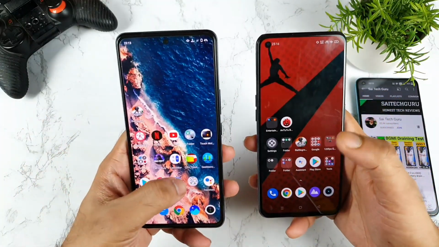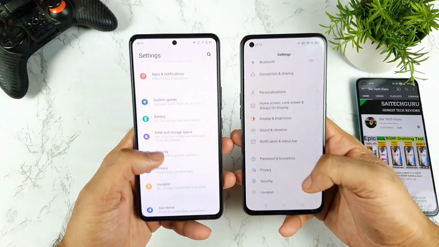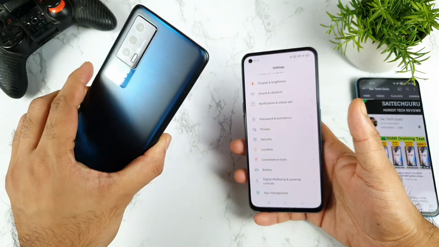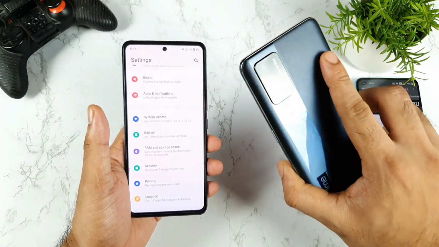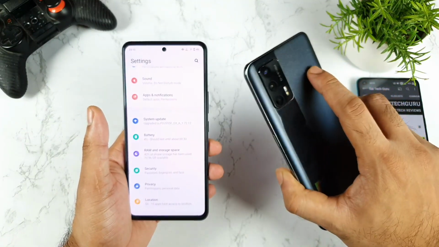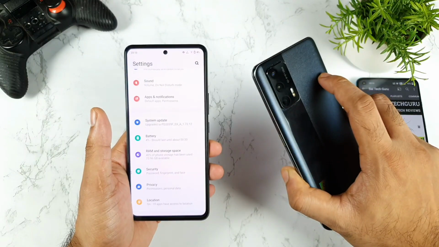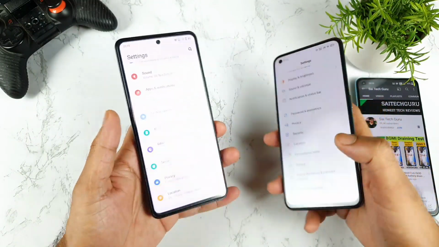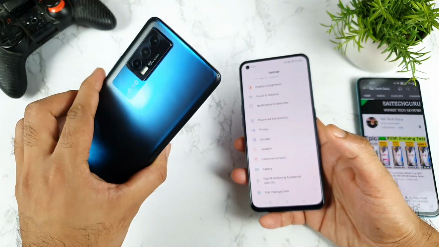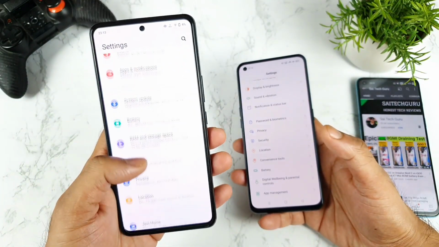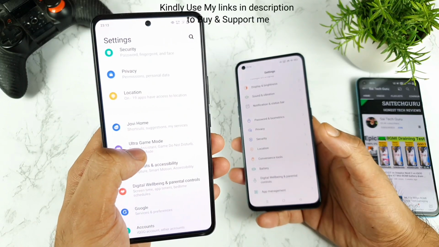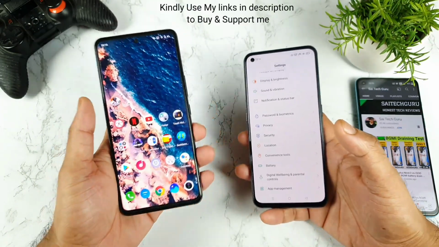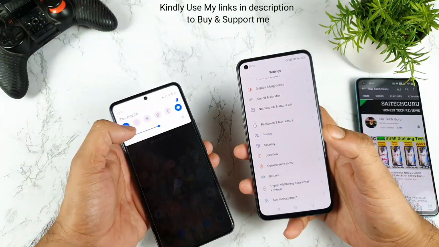And next, 120 Hz refresh rate. Both phones have a 120 Hz refresh rate, and the touch sampling rate in this phone is 300 Hz and in this phone is 360 Hz. But for some reason the 360 Hz touch sampling rate is not working. By default, I am getting only 240 Hz touch sampling rate in this device. In the iQOO 7, you will get 300 Hz touch sampling rate only if you use the ultra game mode. Otherwise, it will default to 120 Hz touch sampling rate. That's what I thought of mentioning before starting the video.